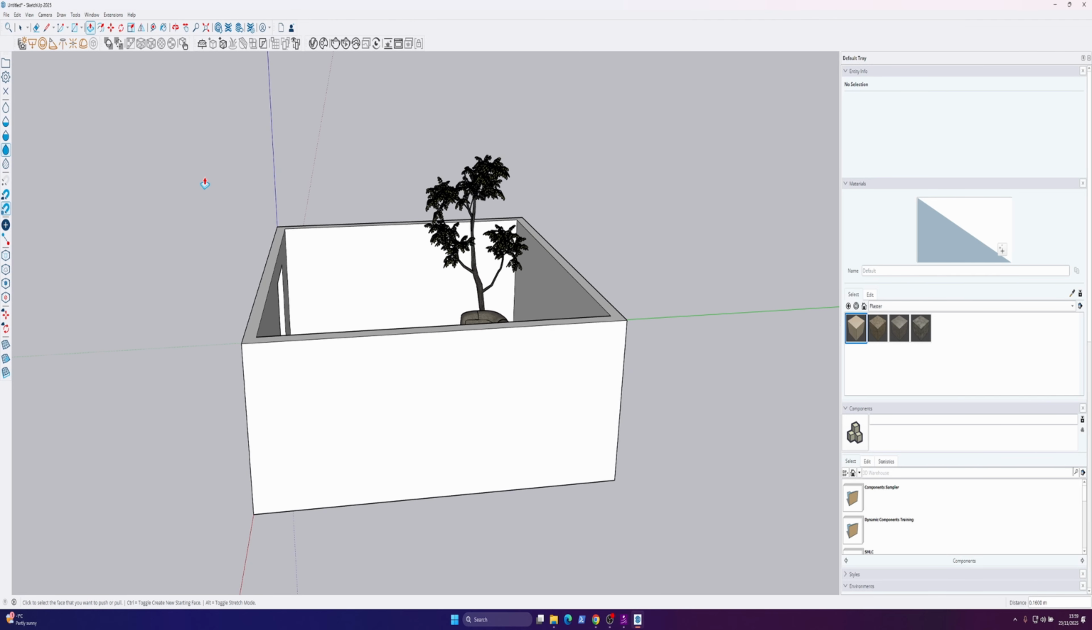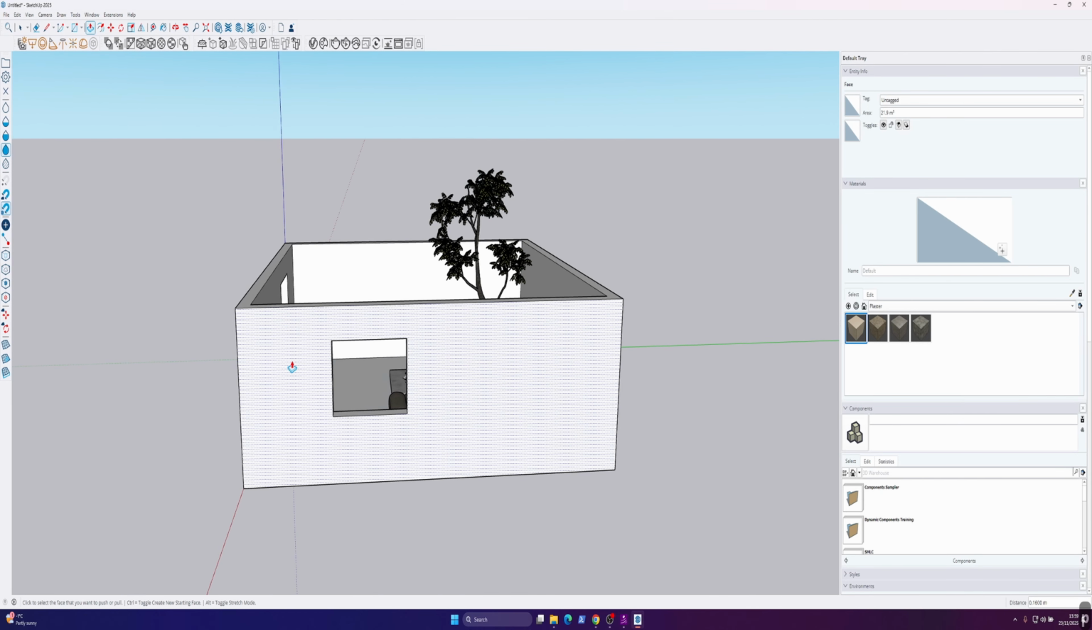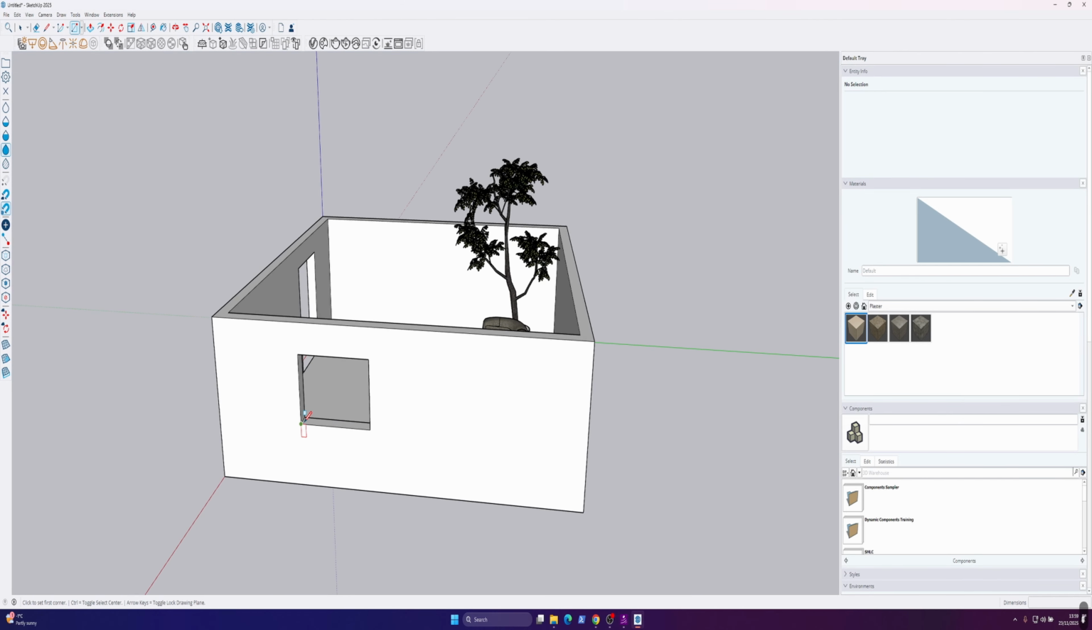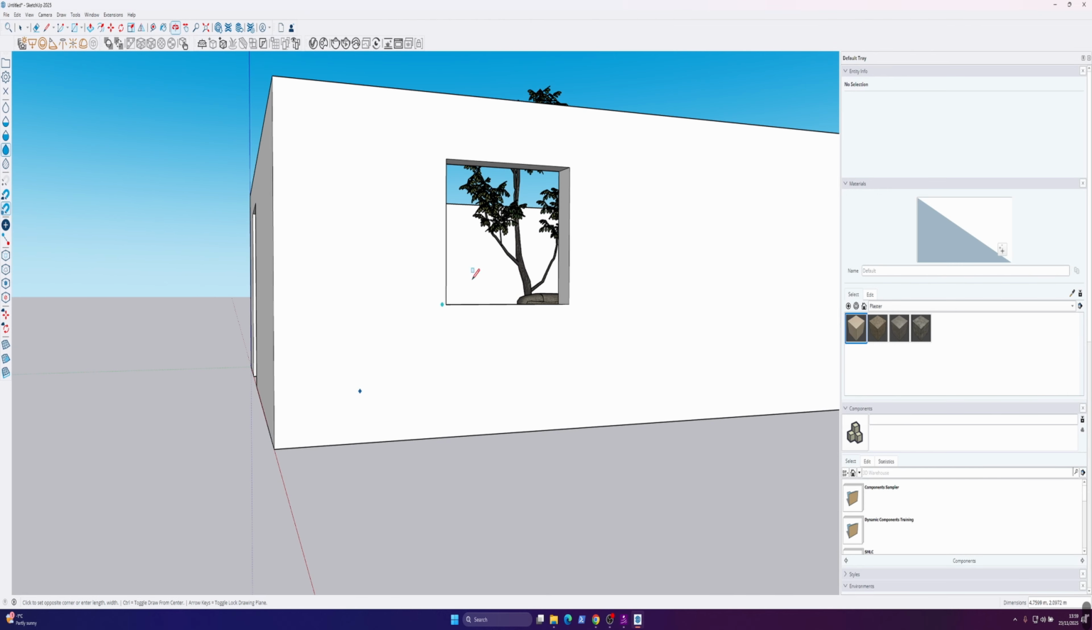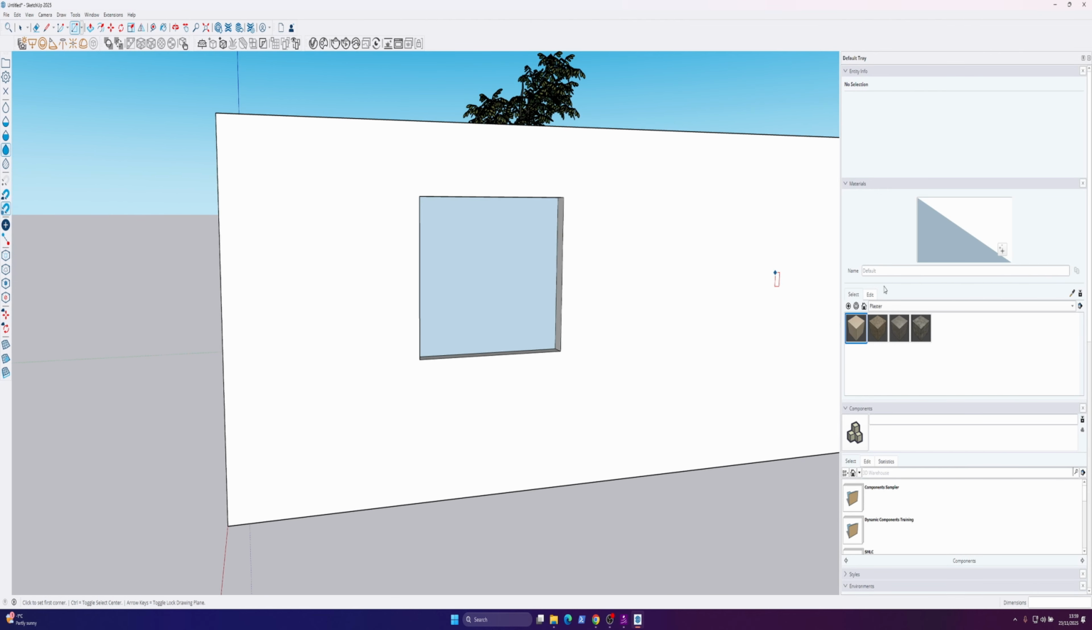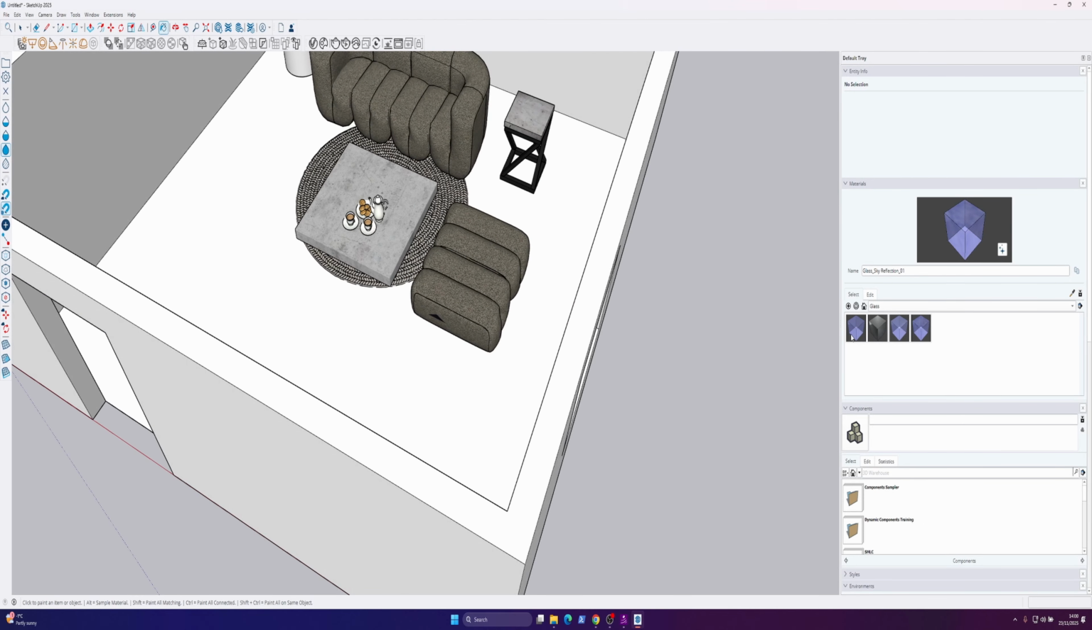So doors are done. Let's do some window over here. P. Let's cut this out. We can put some glass inside. Like this. And this is the material option. So let's choose glass. Let's just drop it here. Now